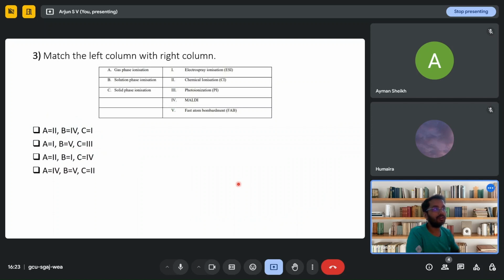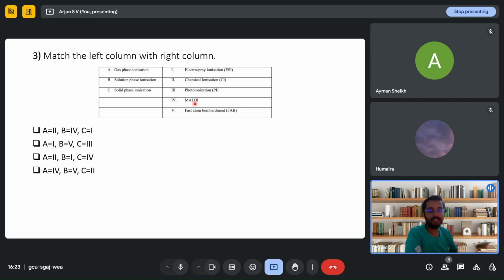Match the left column with the right column. They are given three ionization categories, and they are given 5 kinds of ionization techniques as well. So this is the category and this is the type. You have to match it with the right thing. Ionization can be classified as soft ionization or hard ionization, or as gas phase, solution phase or solid phase ionization. So we already know that your solid phase ionization, which is the C, it's going to be